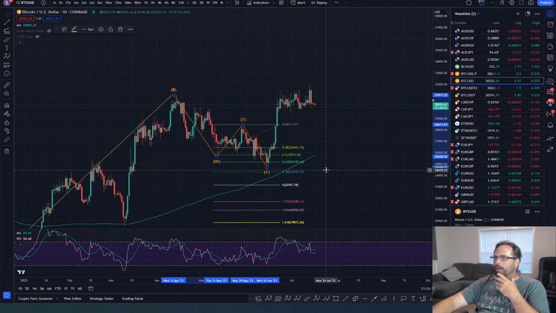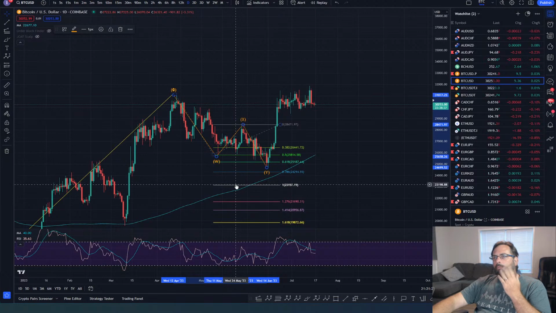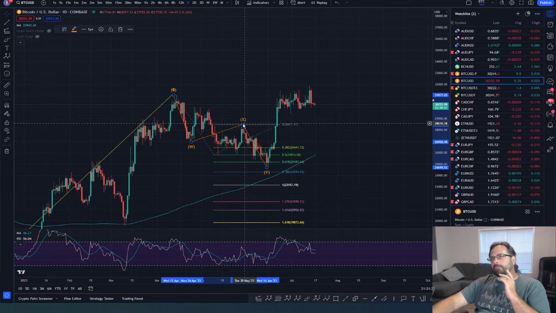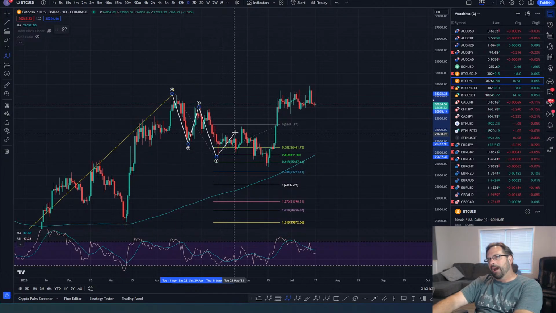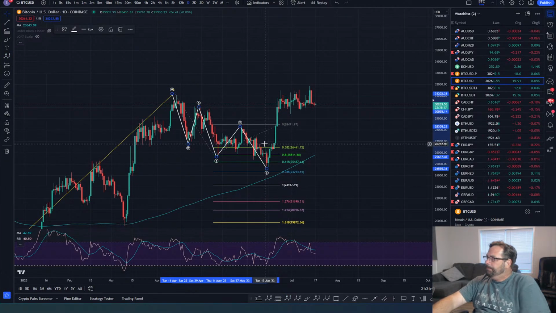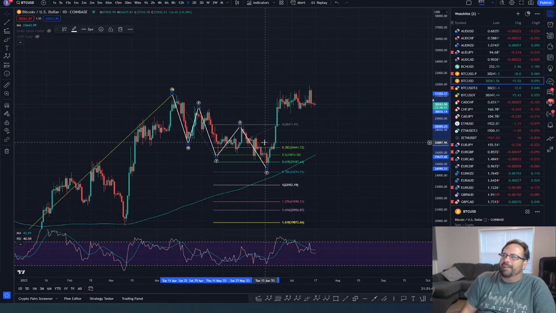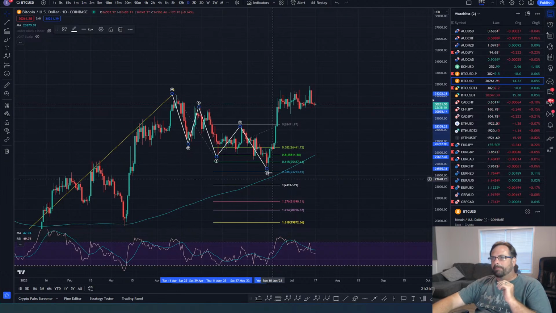I don't think that's the right way to look at that wave. I do not think that that's the count at all. Okay, now you say what else could it be? I think it would be better to say we got a W, we have an X, if you wanted to call that you could say W, X, Y, X, Z. Maybe that's a W, X, Y, X, Z. That's a potential, but that's not even the way I'm looking at it either. But that's a better count than looking at this as a big W, X, Y.